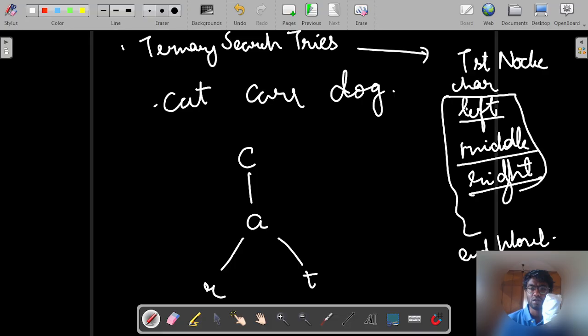So these three are something that is different as compared to the prefix trees, where we only had left and right values, right? So yeah, let's